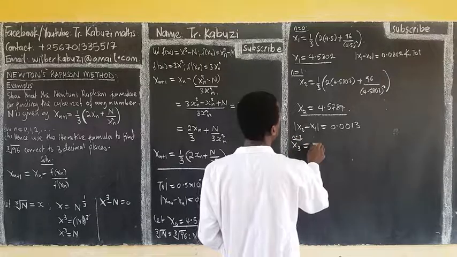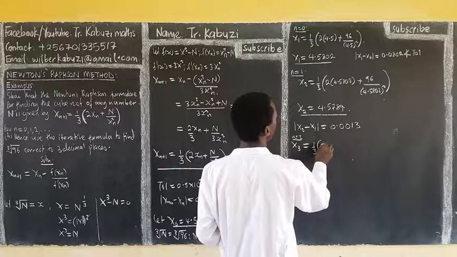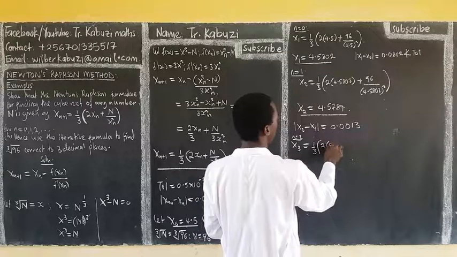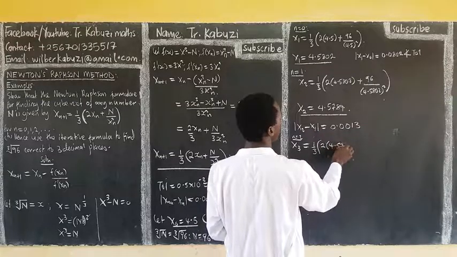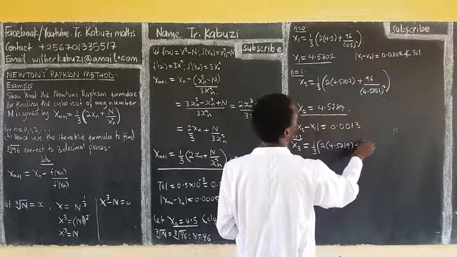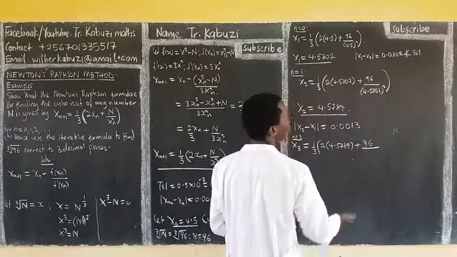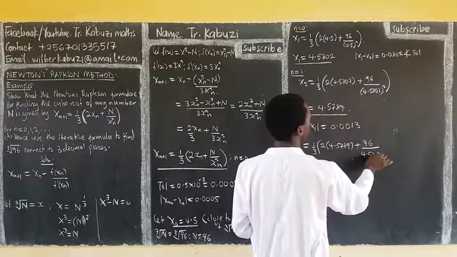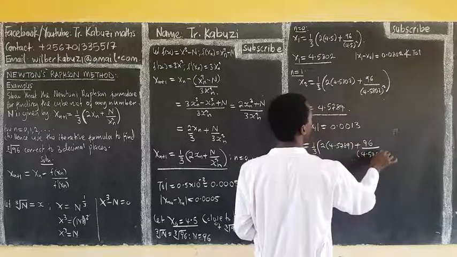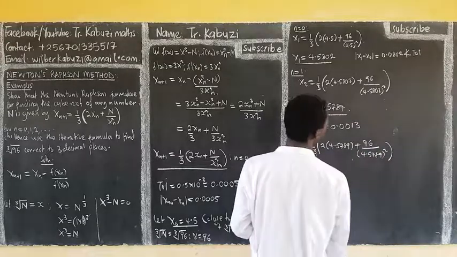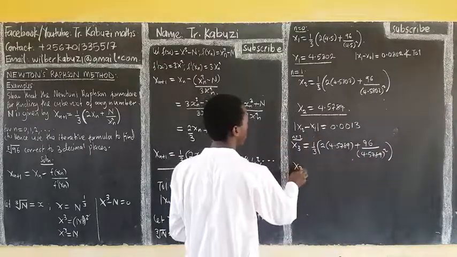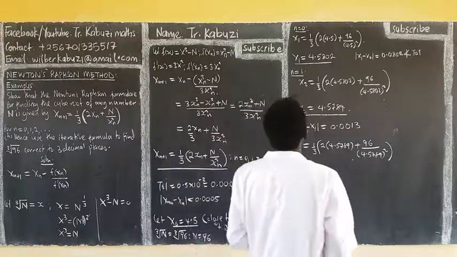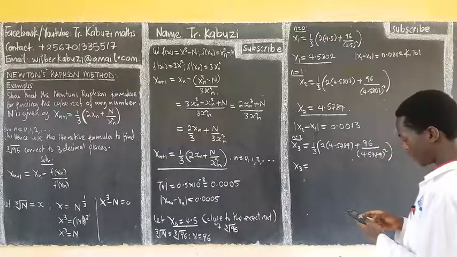This will be a third into 2, now we shall use the x2, which is 4.5789, then plus 96 over 4.5789 all squared. And so here our x3 will give us, if I put that onto that,